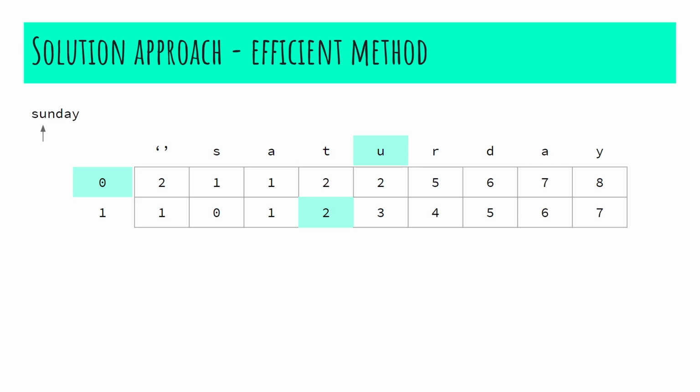In case the last two characters are equal, then we shall obtain the value from the bottom diagonal and store it. Likewise, after iterating throughout the length of string 1, this will be the resultant values present in the DP array, out of which the value present in the last column of the first row will be our required value.